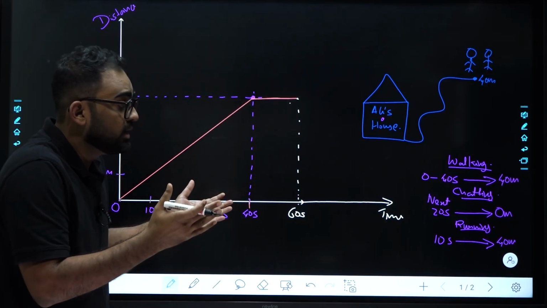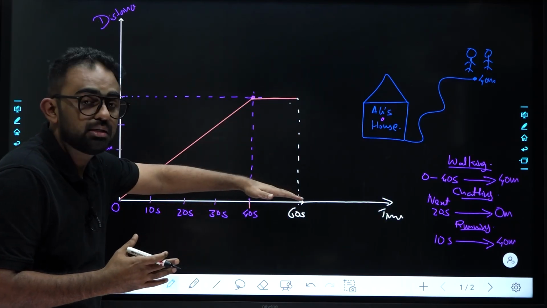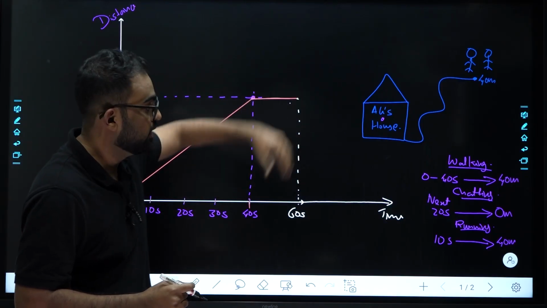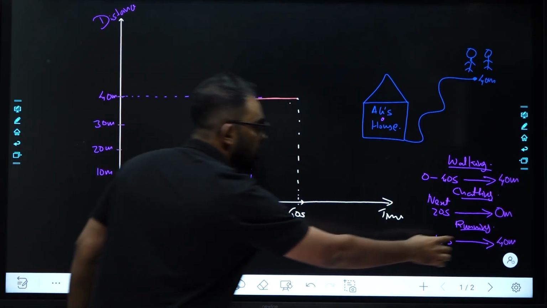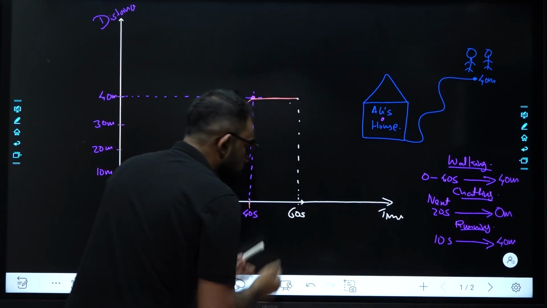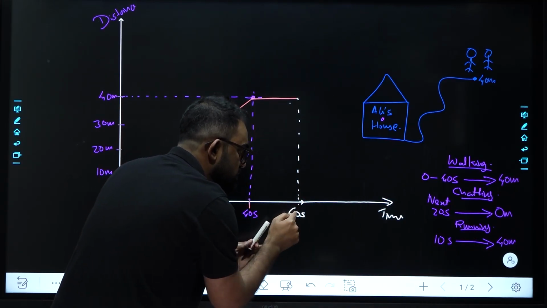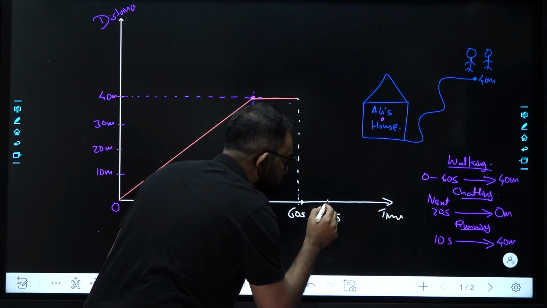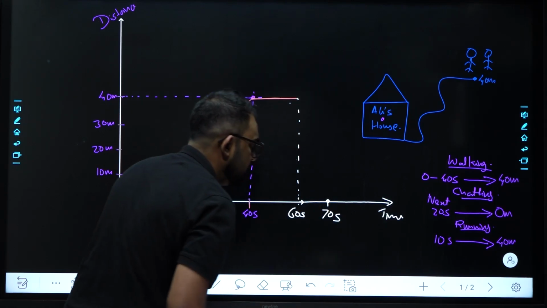So where does the running event end in the distance time graph? That is, we need to plot it. We have the initial position of the running. In the running event, he covers 40 meters of distance in 10 seconds. So we need to add another 10 seconds to the 60 seconds. So 60 plus 10, this will be our 70 seconds. So this is the final position of Ali